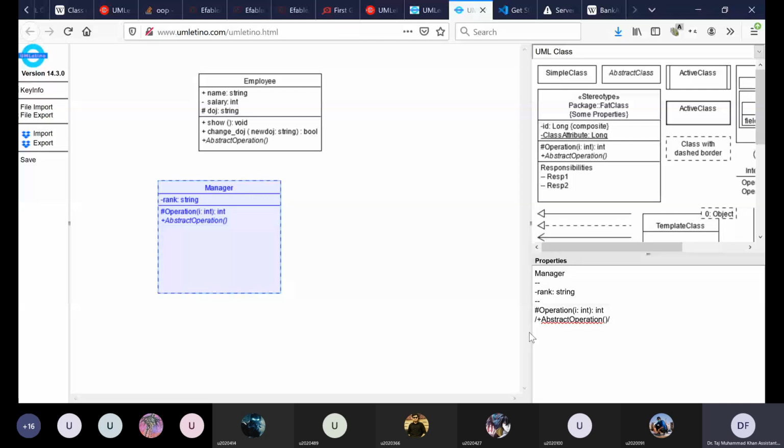Let's say we want to put, what kind of function should it have?